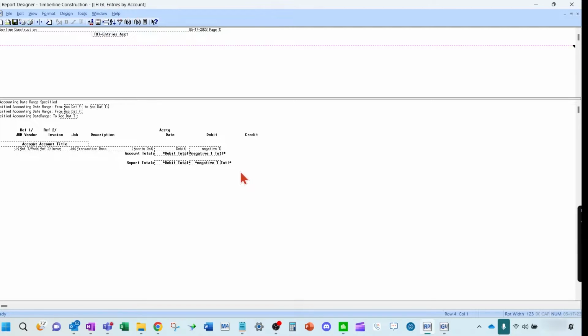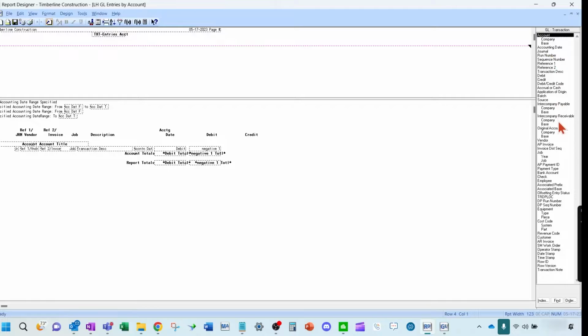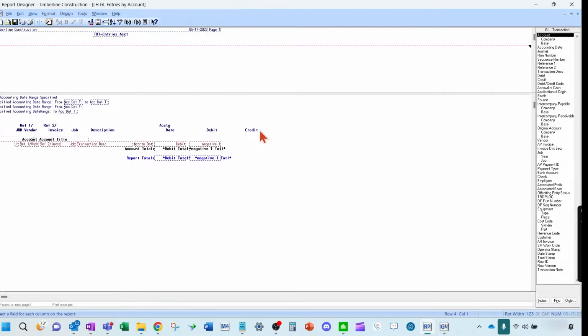Okay, so once you do the save as, you want to make sure that you turn on some things and you unbold some of the bold titles and totals, and I'll show you in a second why. So first thing you want to do is come in here and turn on your field list, so you can see what fields are available with this report, and you want to turn on your print controls. Okay, so print controls are down here. We'll explain those a little bit here in a second.